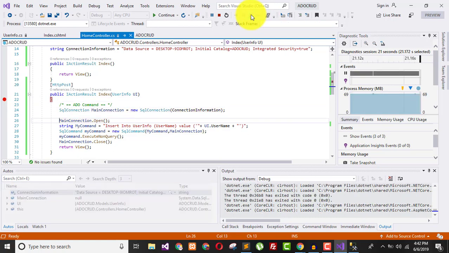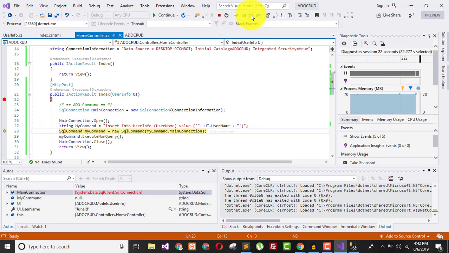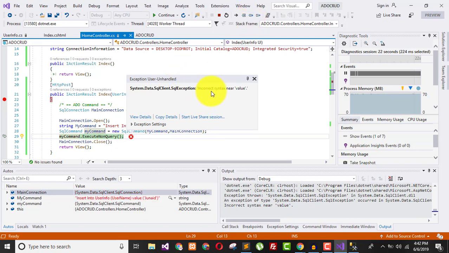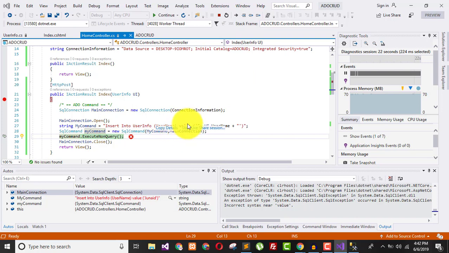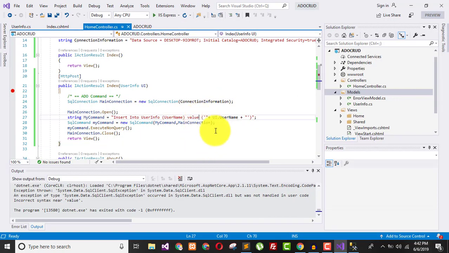Okay, a connection is open. Now we are inserting information. Here the command is executed, and okay, yes, incorrect syntax near value. Okay, we have some small bug here, so we need to stop execution. Here when we are giving that values, instead of value we need to use values and process this information. Okay, now execute once again,